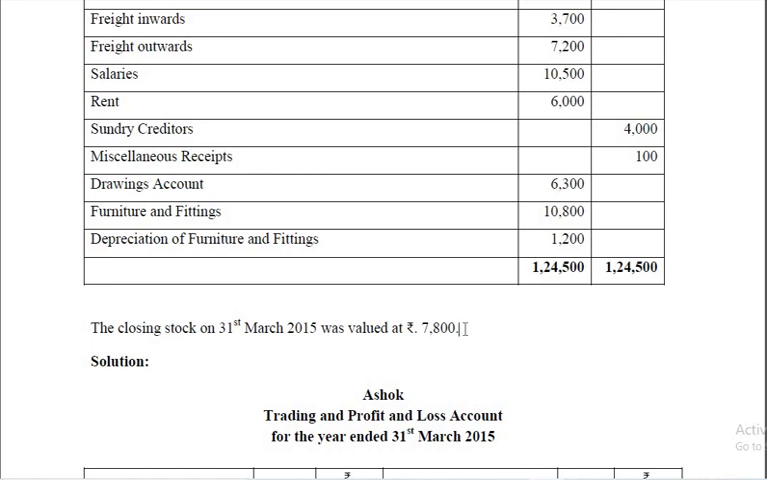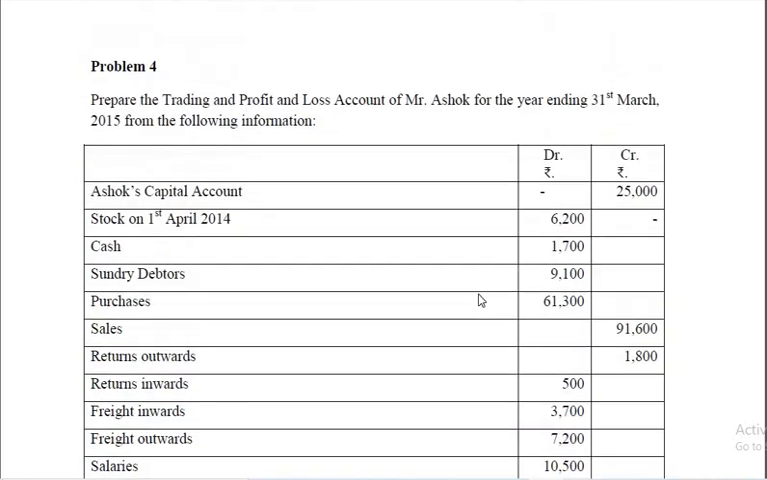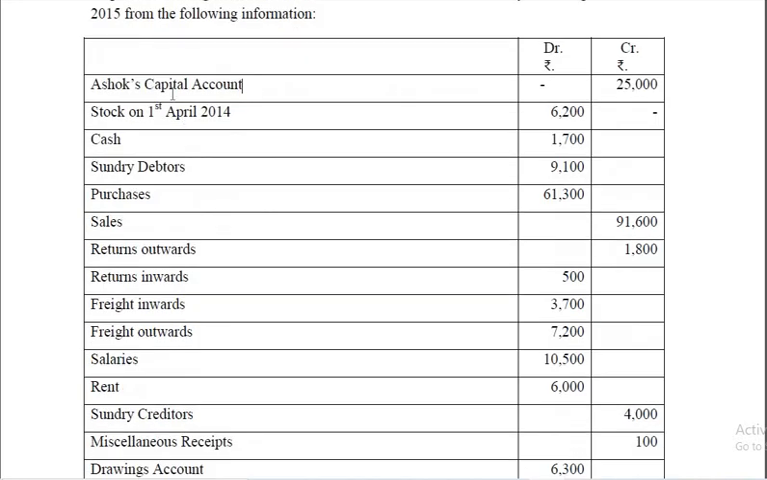Closing stock normally comes as an adjustment because at the end of the year stock taking happens and ultimately a value will be determined. That's not a part of ledger account. And trial balance is prepared with the help of ledger accounts. Okay, let us see the treatment. Ashok's capital account, actually this will come to the balance sheet, that's an item of balance sheet. Stock at the beginning and therefore,